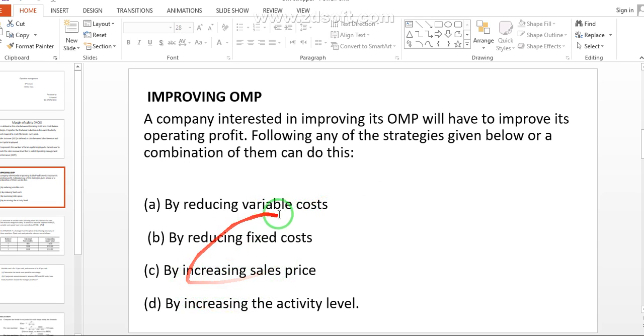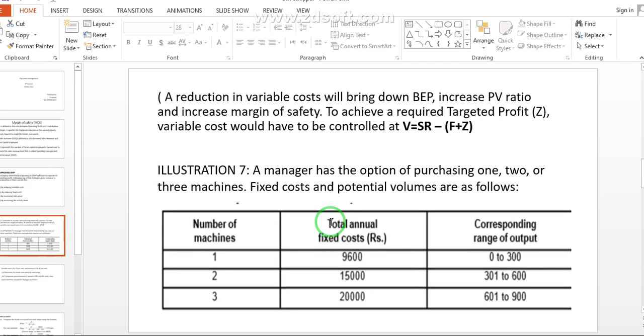are used. Out of all these things, the first one is very considerable, that's why we have a separate slide for that one. Let's go through that. See here how the reduction in the variable cost will be beneficial to the operation management performance. As we have here, a reduction in the variable cost will bring down the break-even point,